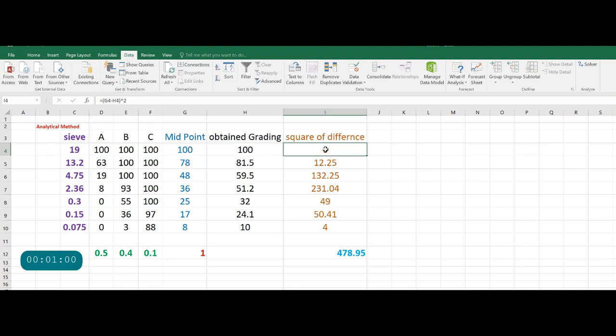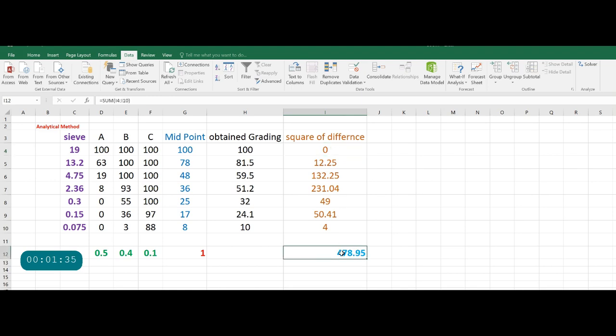So this is the square of difference. You see the formula here? This is G4 minus H4, squared. The square is taken just to negate the sign of the difference, positive or negative. Now this is the sum of all these square values.